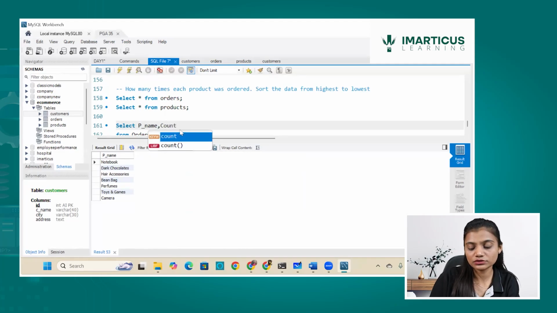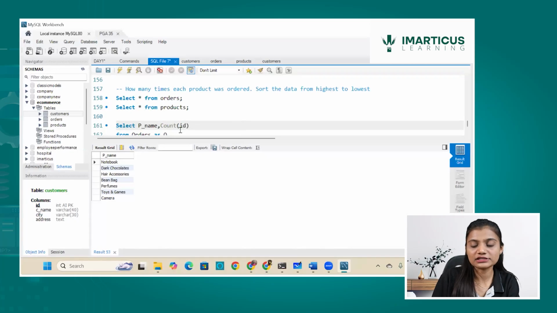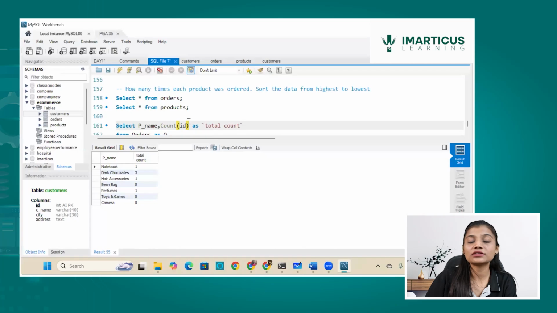So if I use count of ID instead of using star, here you can see notebook, dark chocolate, hair accessories, beanbag, perfumes, toys and games and camera are available. I can find out the total count over here, and you can see the result column name has been changed.